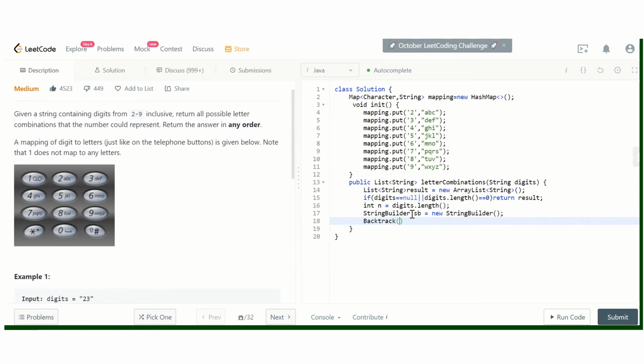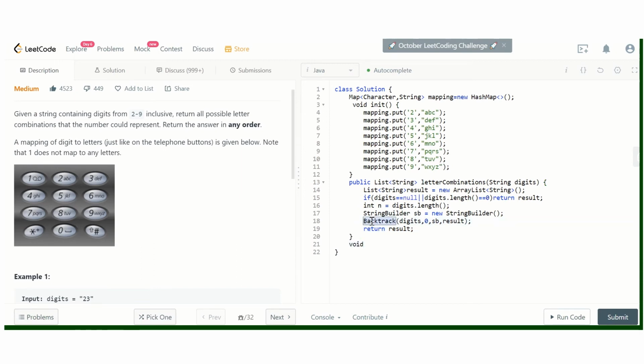Backtrack, and we are going to pass this function digits, current index, that is 0, string builder and our result array. Okay, and at the end we will return the result array. So now we have to implement it here.